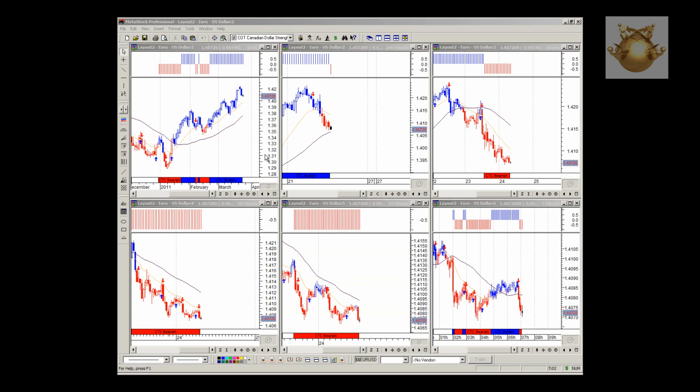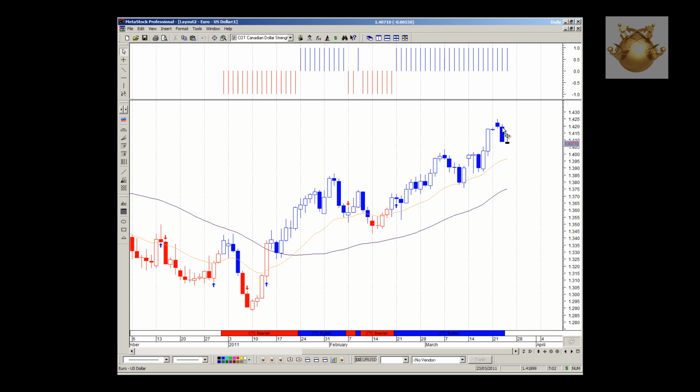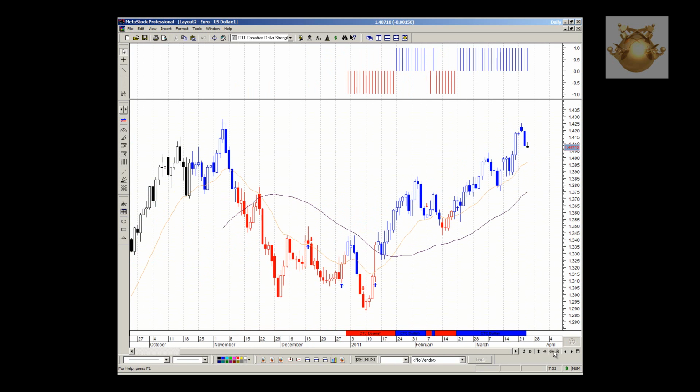Just starting with the Euro US dollar on our CTC strategy template. Have a look at the daily. Noticeable fall yesterday after price failed to trade higher after a bit of indecision. And what we've seen is price pull back quite significantly. This news yesterday came out